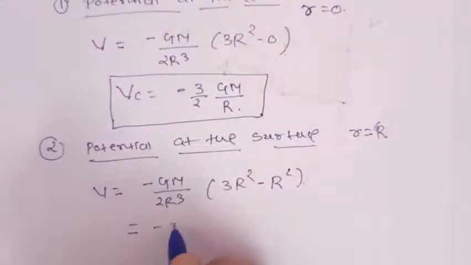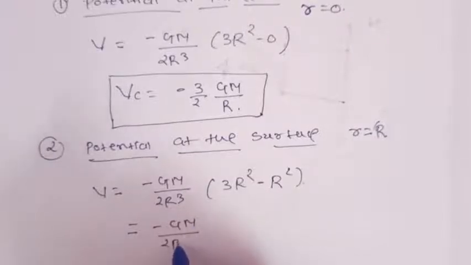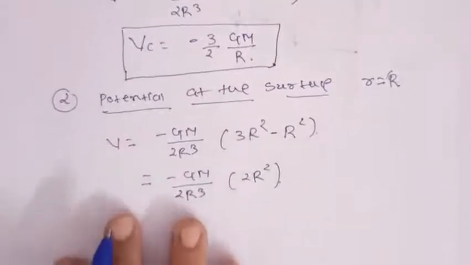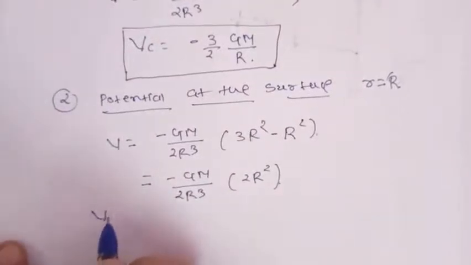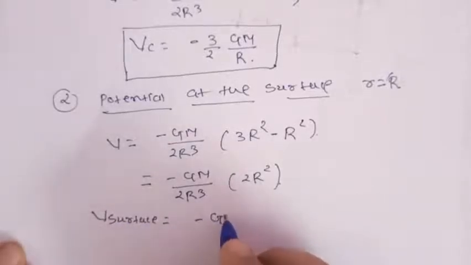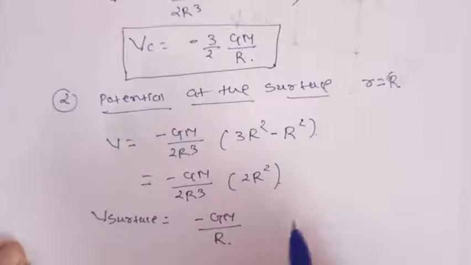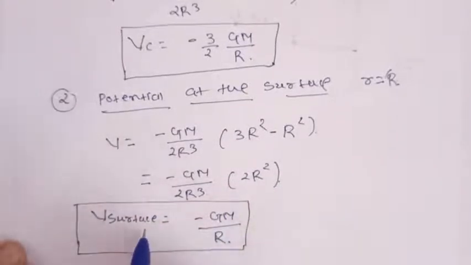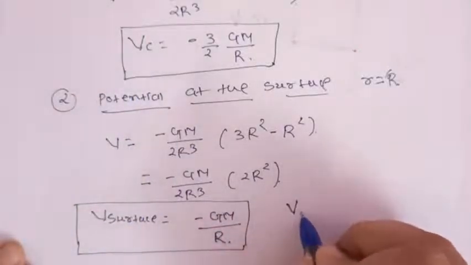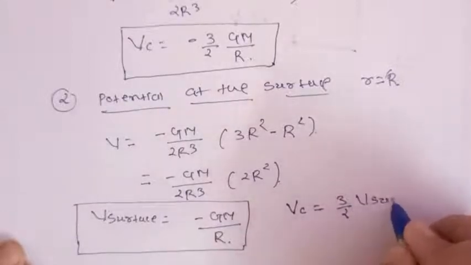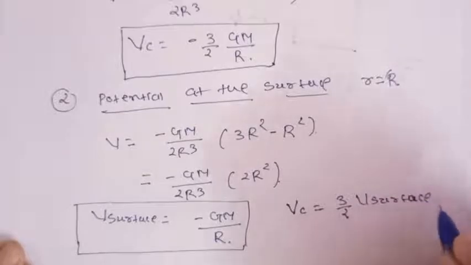That will be minus GM upon 2R cube into 2R square. So potential at the surface will be equal to minus GM upon R. From these two values, we can see that potential at the center is 3 by 2 times the potential at the surface. This is a very important relation